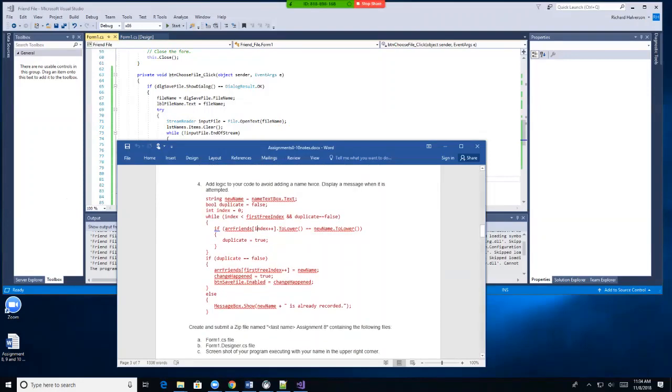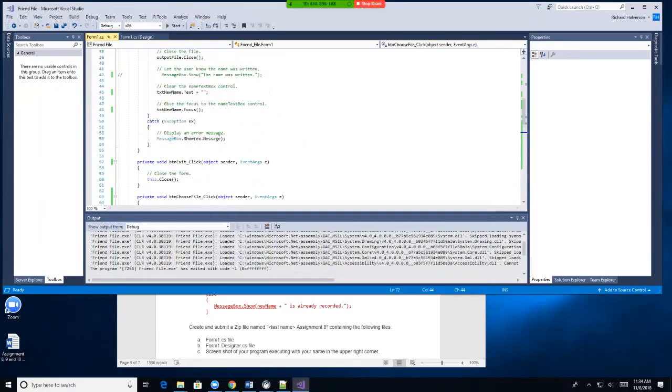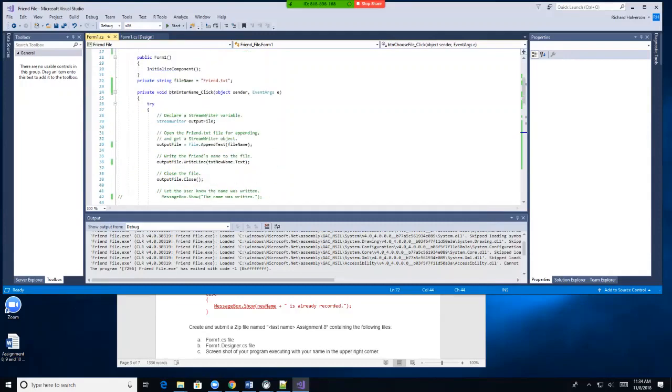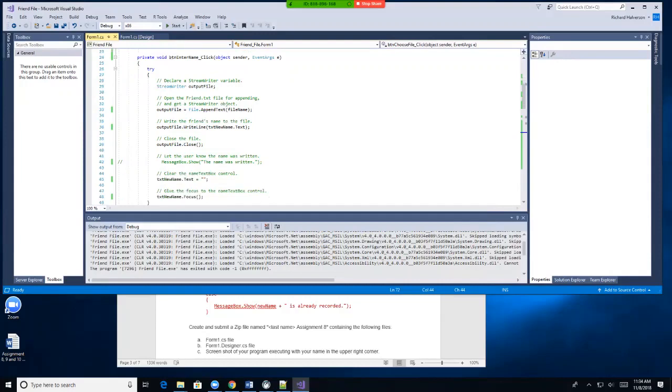Okay, so it goes through all the names to see if the name is there. If the name is there, it flashes up a message and says the name's already there. If the name isn't there, it goes ahead and adds the name. So that would be in the enter name thing, and this,